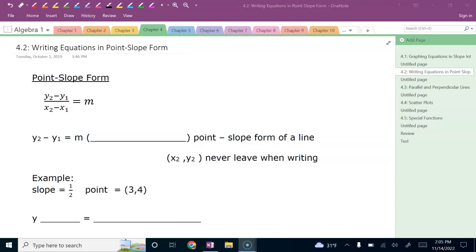Chapter 4, Section 2 is about writing equations in point-slope form. Previously in Section 1, we talked about slope-intercept form. And the name itself, slope-intercept form, and then today, point-slope form, kind of just tells you what information you're either given or maybe trying to find in order for you to graph the line or write the equation of the line. So before this, when you did slope-intercept form, you were using the slope, and you were